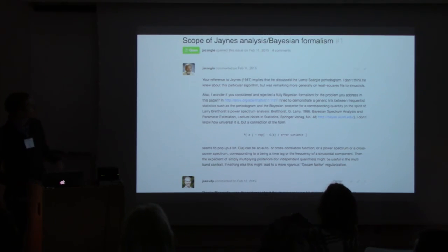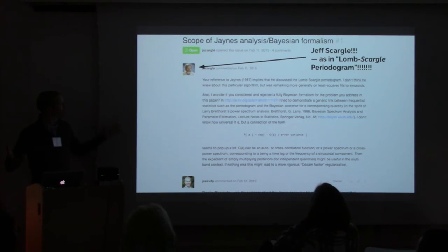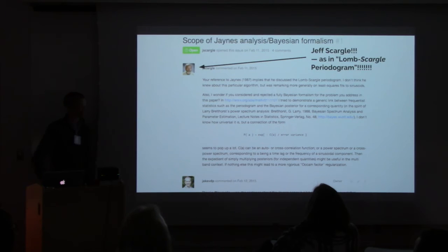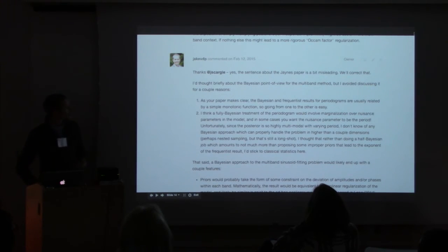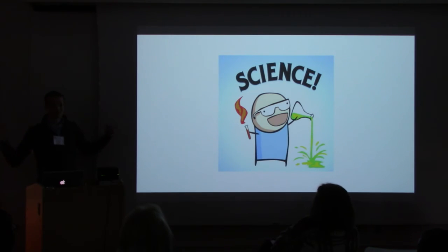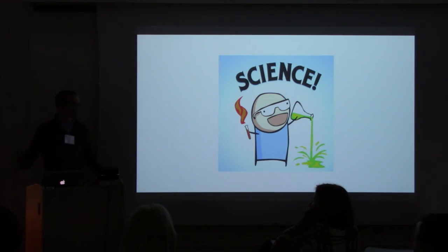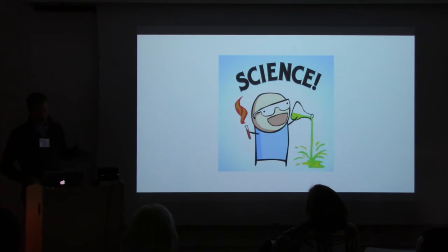And you look and you see that this J. Scargle fellow decided to take a look. And yes, this is Lomb-Scargle, Jeff Scargle. So I was stoked when I saw this, right? And he had this interesting thing. And I actually ended up doing some modifications to the paper because of that. And we got in this long discussion about various pieces. And this is science, right? This is how science works. You talk with collaborators, and this is peer review in the open before we'd even finished the paper,